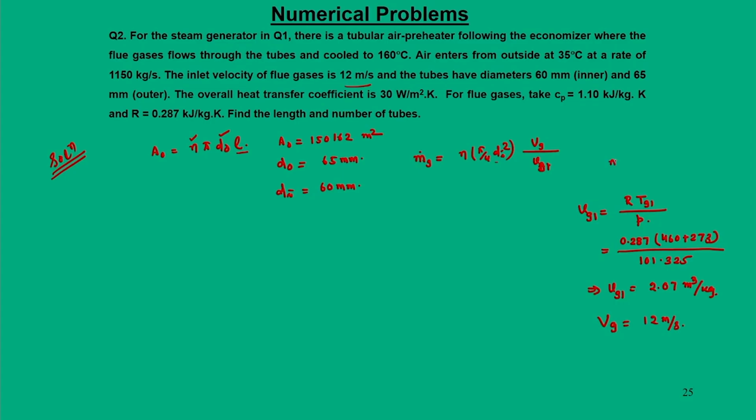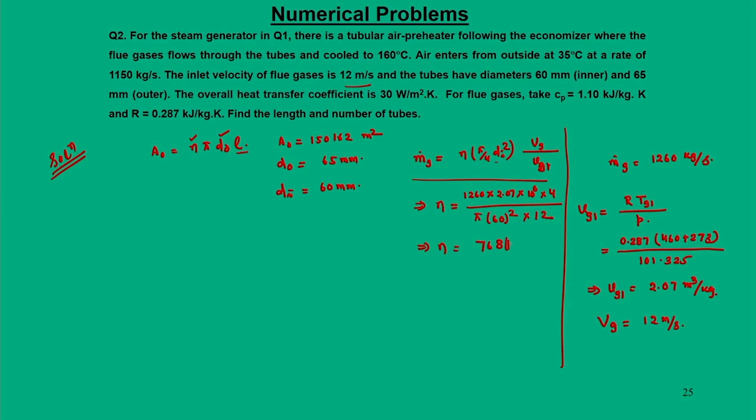M dot G is 1260 kg per second. So, in this equation now we will be able to find out what is N, and that N is equal to 1260 into 2.07 into 10 to the power 6 into 4 divided by pi 60 square into 12. N is 76861. So, this is the number of tubes required,